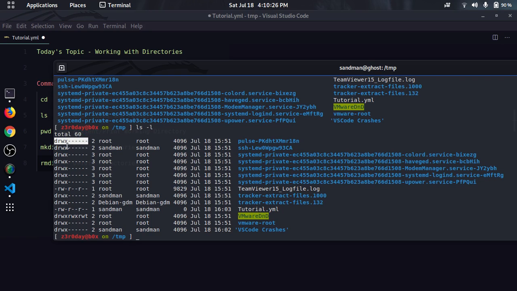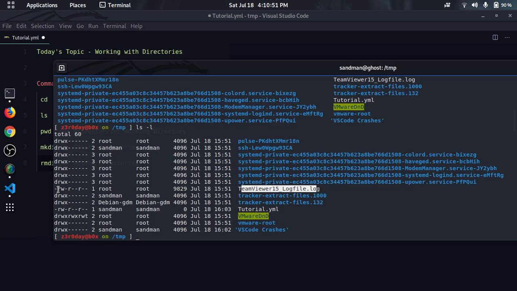This section is about permissions, and the first character tells us if something is a file or folder. Let's see, there's a hyphen sign. This means this is a file. As we can see, this is a file, not a folder. The d means directory, and we can see this is a folder. Again d, folder, and this is a file.